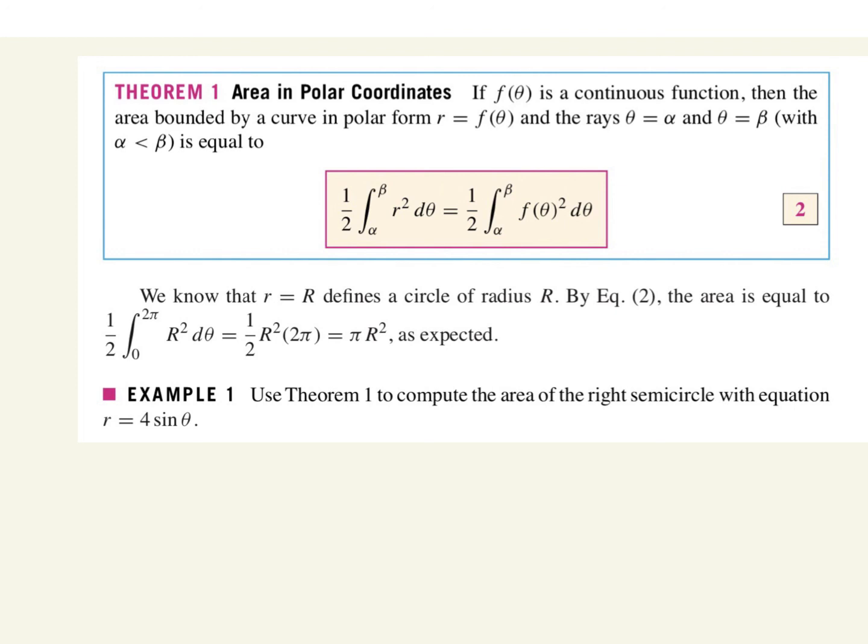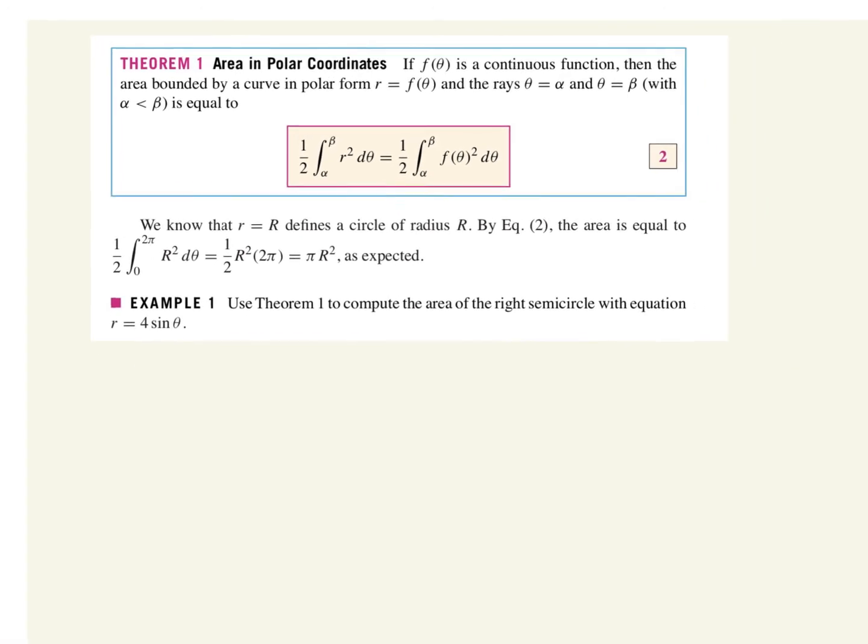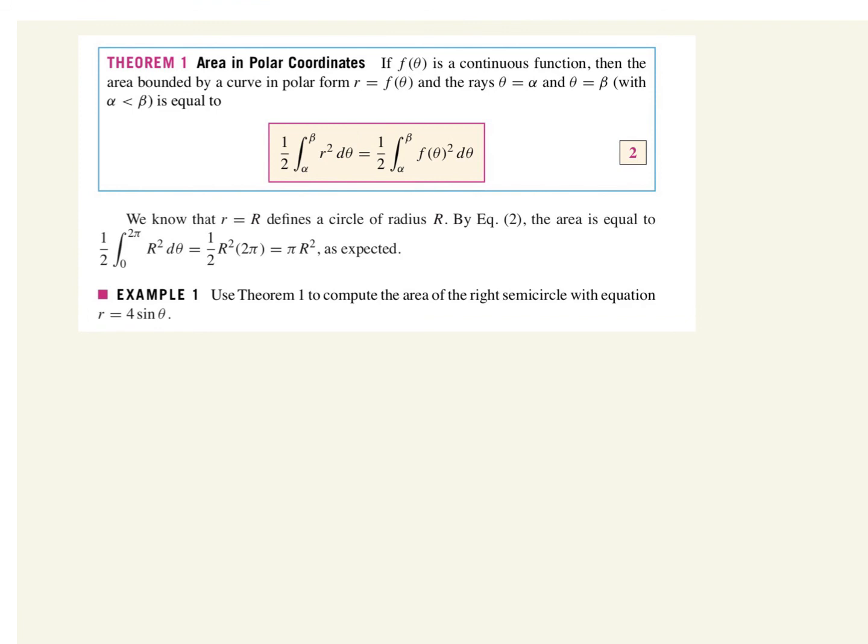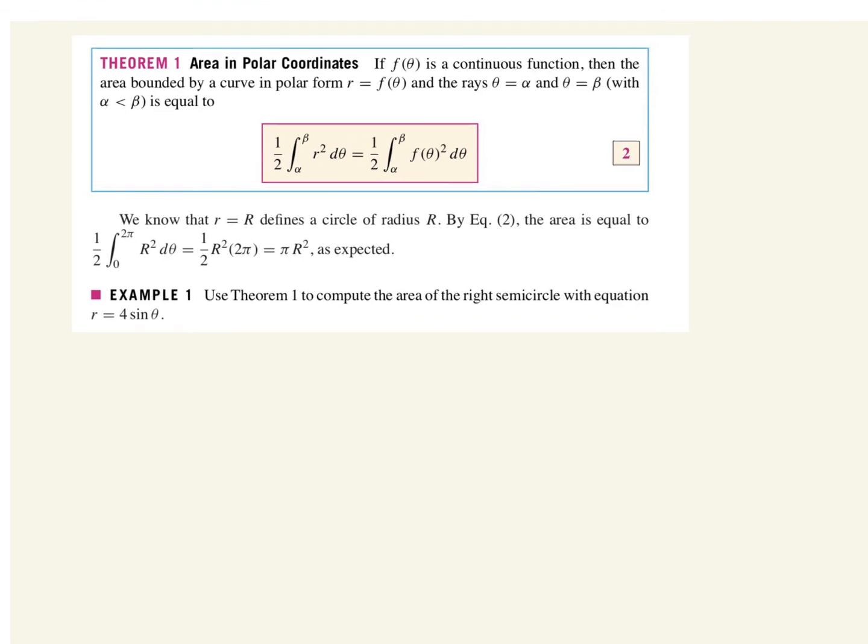So example 1: use theorem 1 to compute the area of the right semicircle with equation r equaling 4 sine theta. I'm going to give you the sketch for what this one looks like. It wouldn't be a bad idea as you're going through your notes to sketch it on your own to see if you can get it as well, just as quickly. But in polar coordinates,